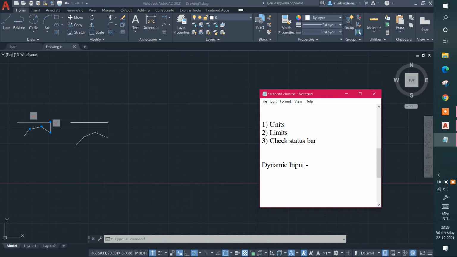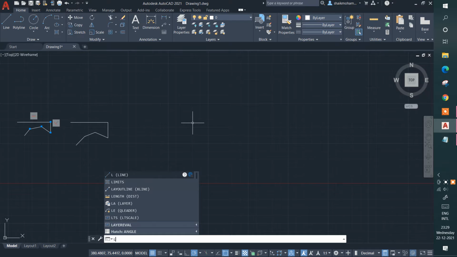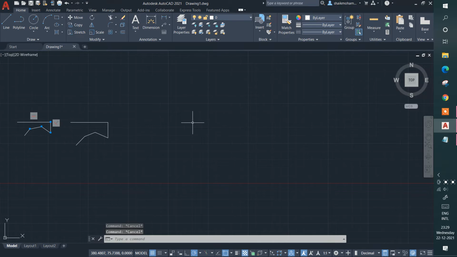Dynamic input, F12, guys. This is the key, okay? Just click on this, okay? That's what I'm saying, okay? And if you want to turn off this dynamic input, what is showing is that the command bar will show lines and everything, like P means polygon and it's showing pan like that, okay? And let me tell you, just click on F12, and dynamic input appears, okay? Just click on L and it's showing at the cursor itself, okay.